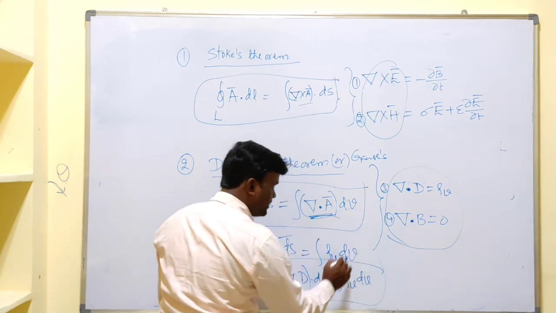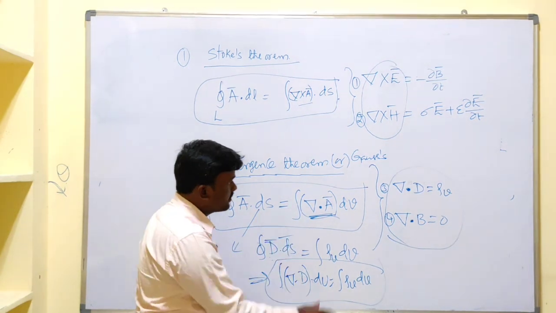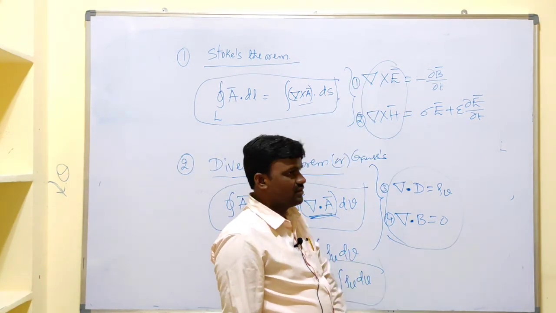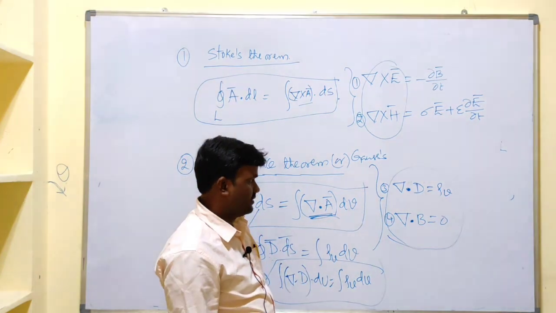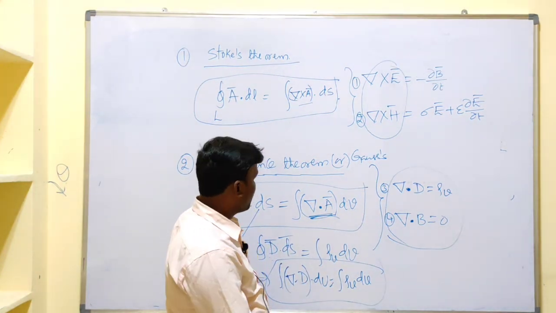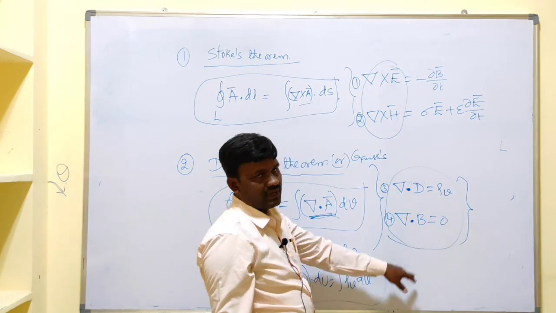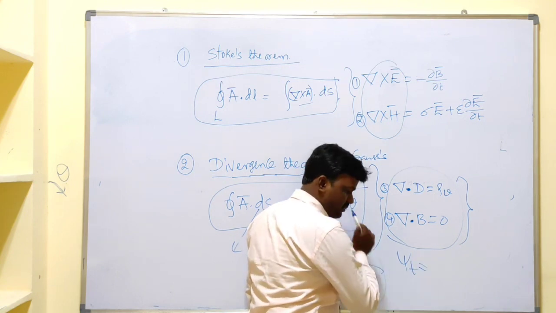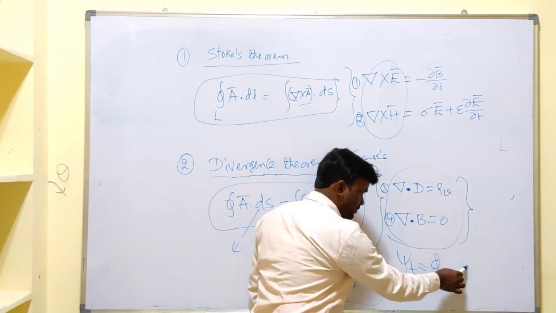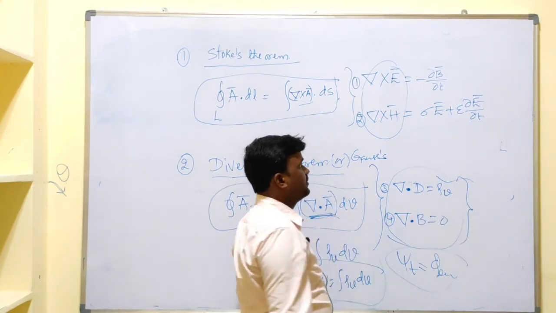No need to worry about these equations. We will discuss these Maxwell's equations in the upcoming chapters. Of course, we have a concept called Gauss law. From that Gauss law we can derive these Maxwell's equations. Gauss law states, as I already explained, psi t equals Q enclosed. By using this you will get this equation.